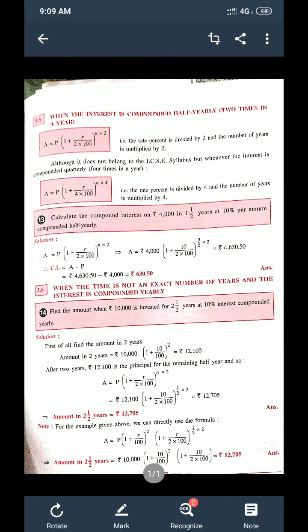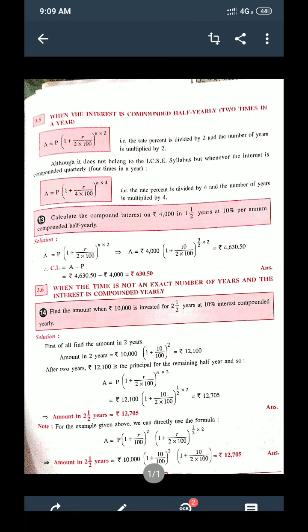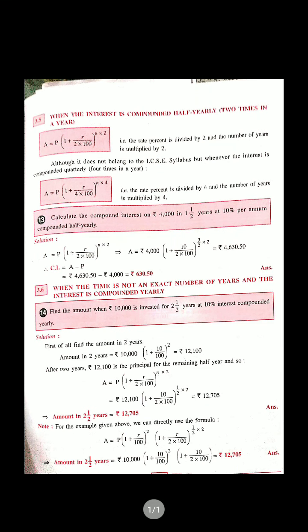Students, I am explaining this question. Calculate the compound interest on 4,000 rupees in 1.5 years at 10% per annum, compounded half yearly. So as I explained to you about this formula, A is equal to P into 1 plus R